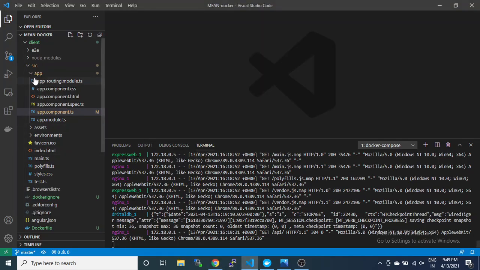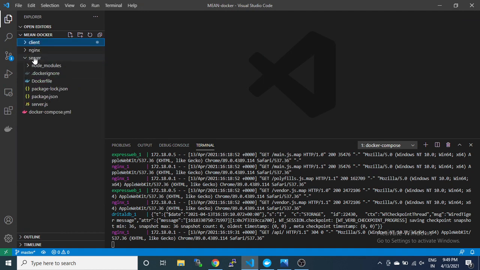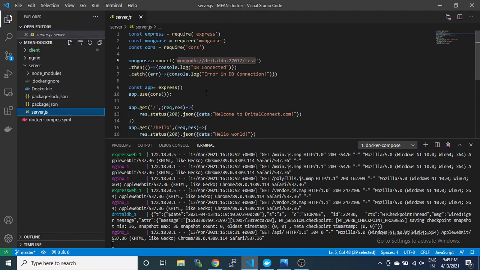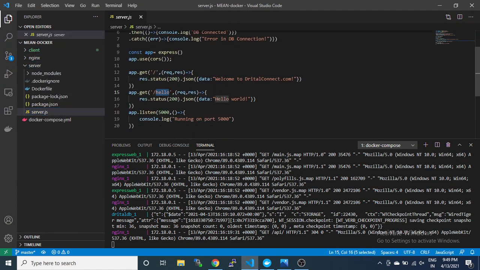You can see the default welcome to drittleconnect.com is running. Okay, and in server.js we have also mentioned another route, hello. By default it returns the welcome message, and for hello it should return hello world.